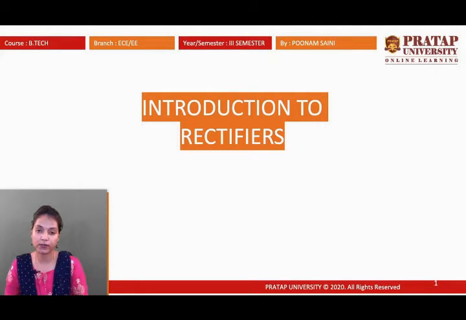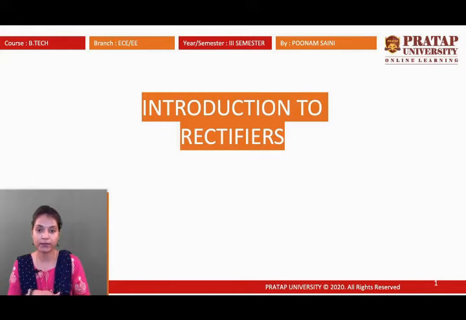A diode is basically a semiconductor device which works in a unidirectional way. A transistor is also made up of semiconductors and has three leads, known as emitter, base and collector, and it is also a current carrying device. There are two types of transistors, PNP and NPN. In a PNP, N is sandwiched between the two p-type semiconductors. In an NPN, P is sandwiched between the two n-type semiconductors.